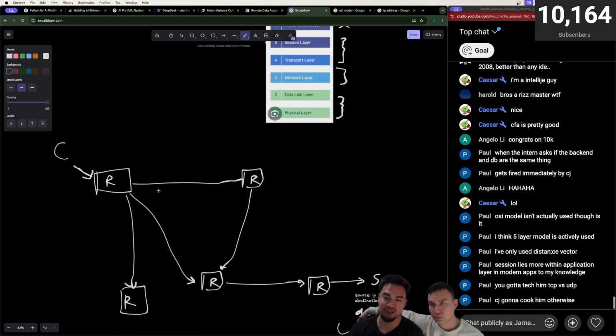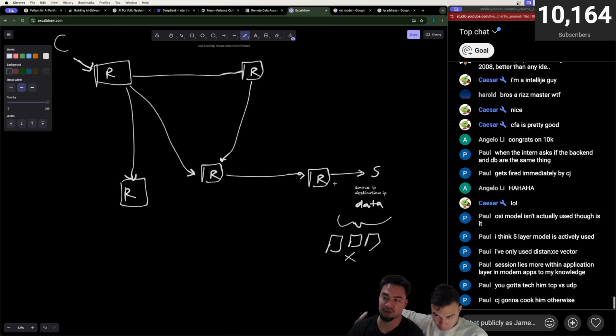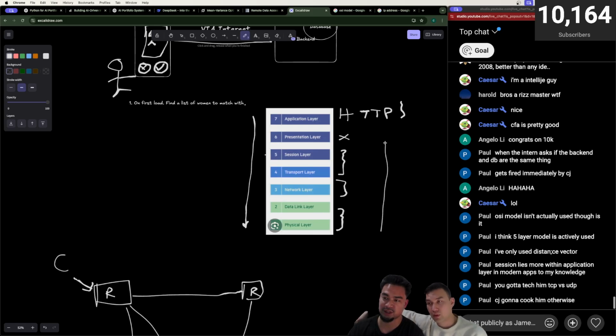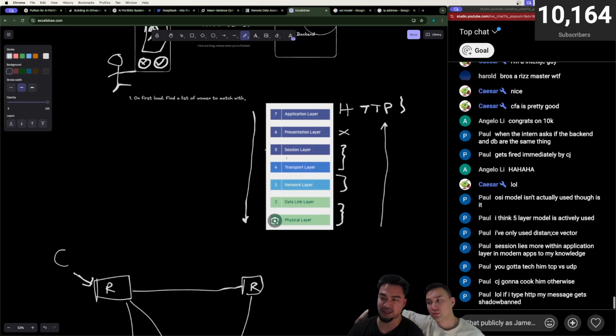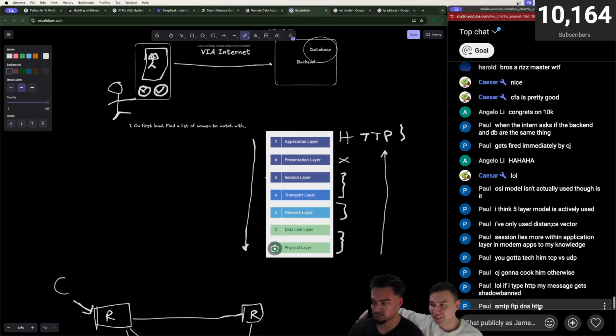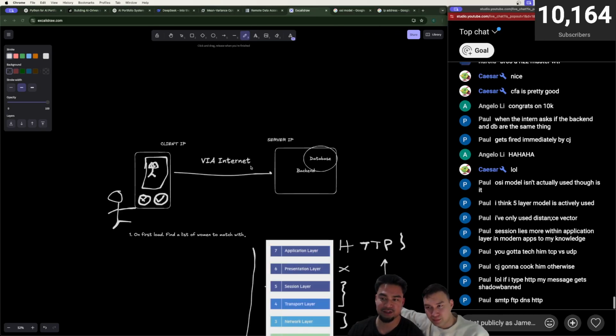So usually, at the client level, the client works from the application layer down, and when the server receives the request, it works from the physical layer up. Does that make sense? When I send an HTTP request, I need to break it down into packets, then down to the physical layer and actually send it. On the other side, when I get packets, I need to build them back up into the HTTP request, which is the final thing. That's basically the internet. That's how you connect to a server.